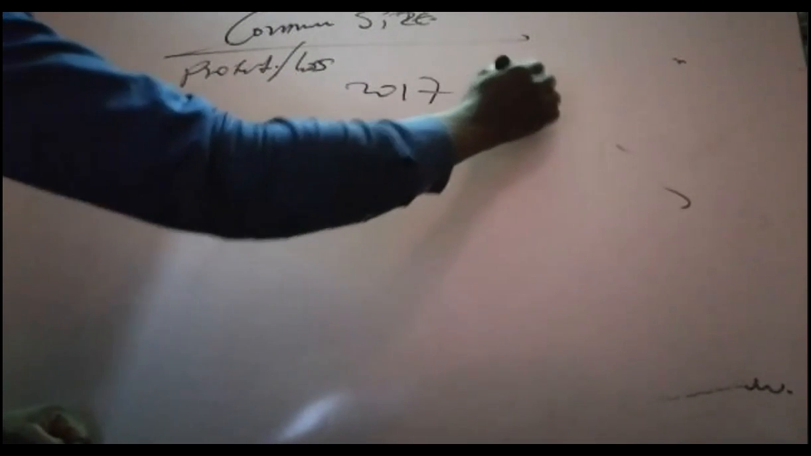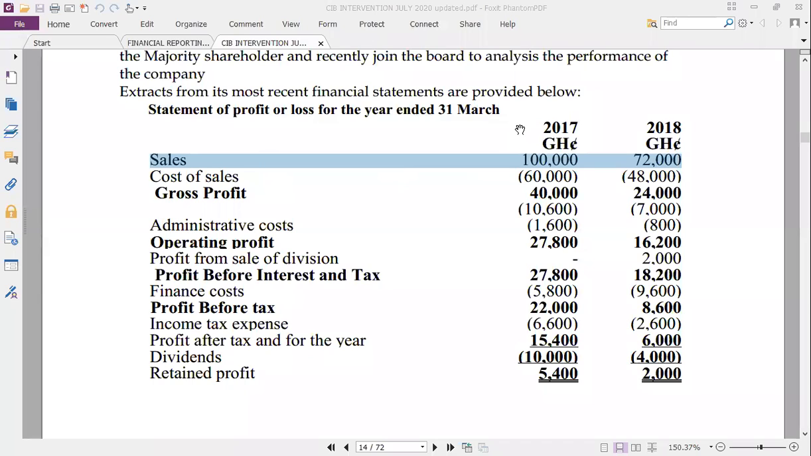So, common size. I write here the profit or loss. I'm calculating the profit or loss. What I'll do is I'll put 2017 here, 2018 here, and start with my sales revenue. As they have arranged it, don't need to change it. As they have arranged it. So sales revenue, cost of sales, admin expenses,